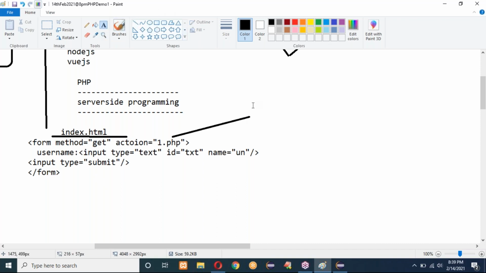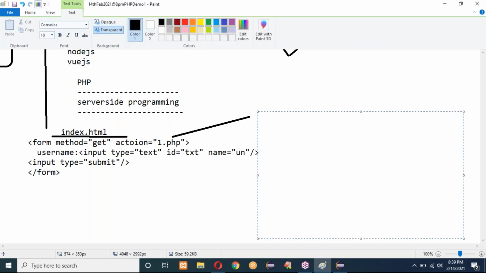Under this 1.php, we have to read that input. PHP tags, we write like this: less than question mark PHP, question mark close. Under this, we can read that input: echo $_POST if your request is post, or $_GET if your request is get, followed by UN. UN is the name of the text box. In place of get, if you use post, here also you have to use capital letter POST.